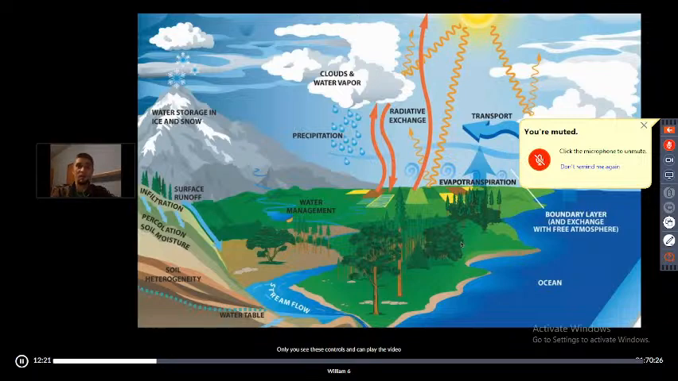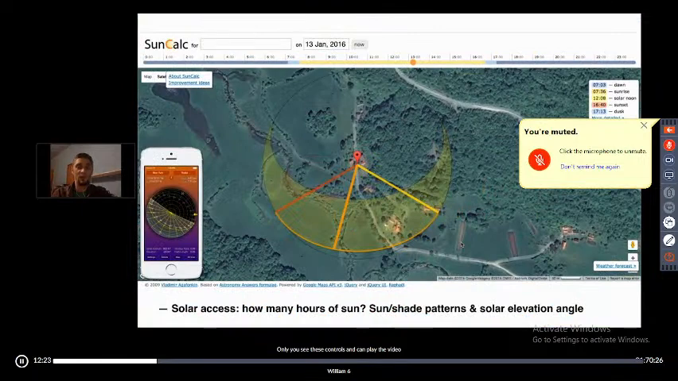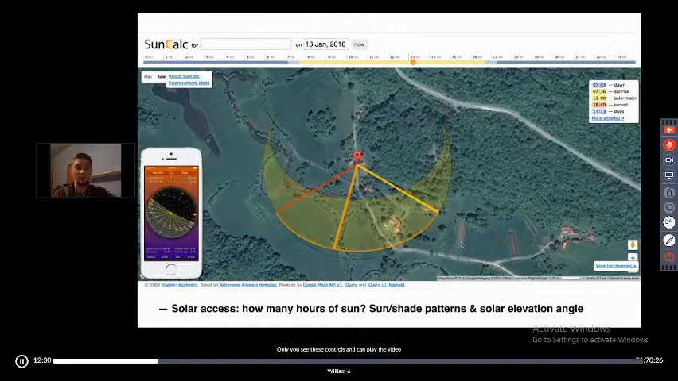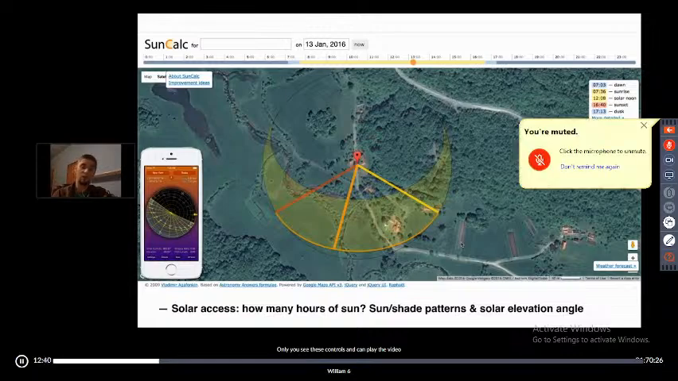So I would say that the first step that anybody should be aware of on their site and in reading the landscape is the sun position, the solar axis, and that means how many hours of sun your site is getting, how this is changing throughout the year, what are the sun shade patterns and solar elevation angle, as I said,